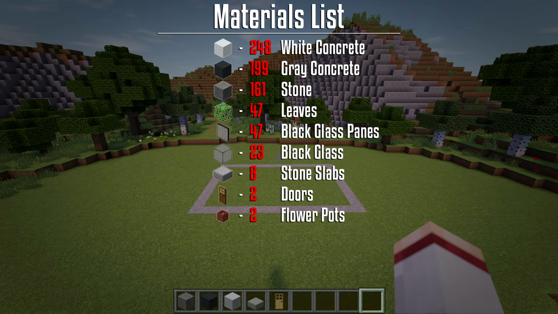Now first up, we will lay out the foundation of the house. So let's start by placing in a 15 by 11 long ring of stone blocks that is 2 blocks tall.